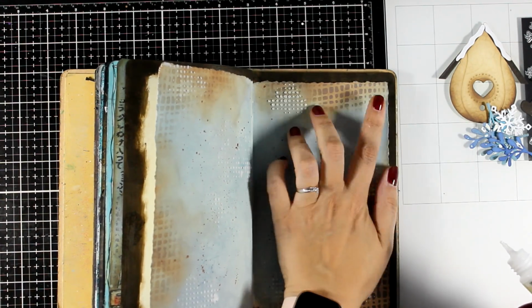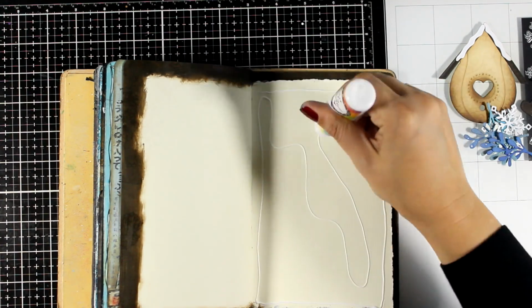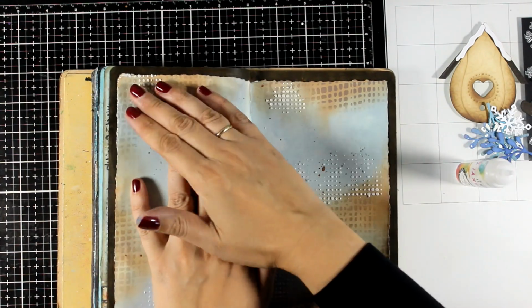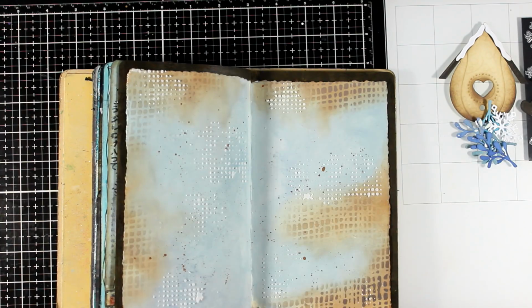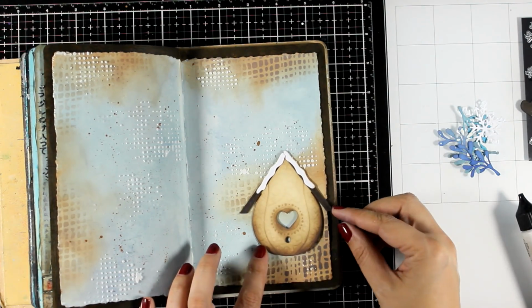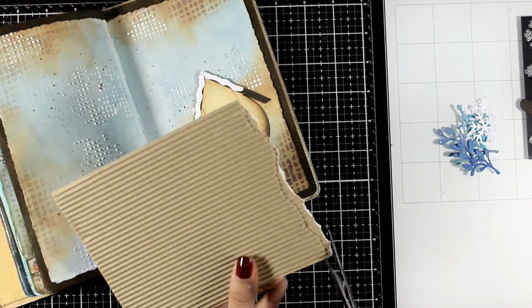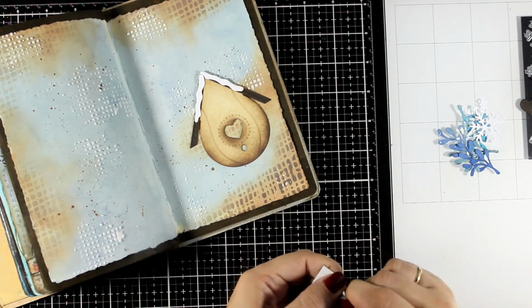Once that border was completely dry, I used some glue and I'm sticking the pages down. So this way I end up having layers that makes the project look more interesting. I do end up having a border that frames the project nicely, and that's why I love this technique so much. So now I have pretty much all the elements that I need ready to go, and it's time to